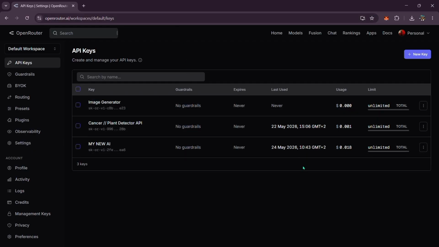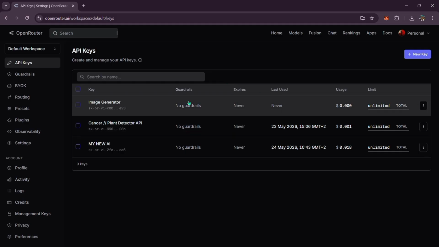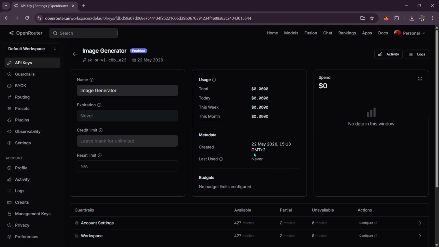keys right here, where you can see you have all these keys with no guardrails, and your usage access amount right there. So don't be alarmed by that. That usage access only means how much money you've used for free right there. You can click for more details right there, but I'm just going to go back because that's not really part